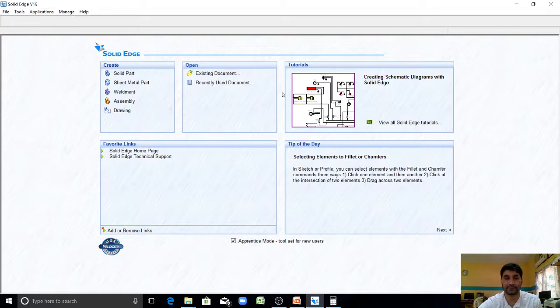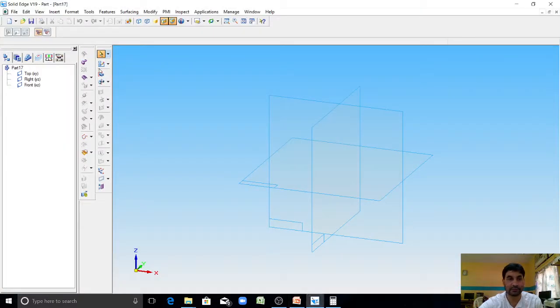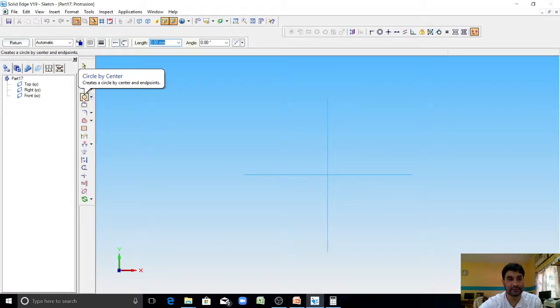Now close this. Go to solid part. Now to draw the third part, that is our pin. So it is having a step of diameter 38 for a height of 10 mm, about which you have a 25 mm dia, height of that is 82, and a taper hole of dia 5, which is taper reduced to 1:50 taper. So go to protrusion, select the top view, top reference plane, draw a